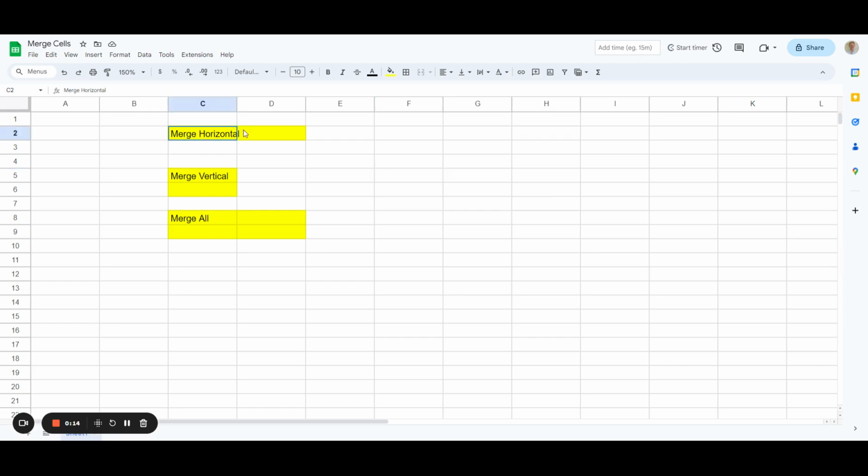So first what we're going to do is select our two cells here, and then we're going to go over to the merge function here, click on it, and then click merge horizontally. And what that allows us to do is merge these two cells together, and we can see that by centering